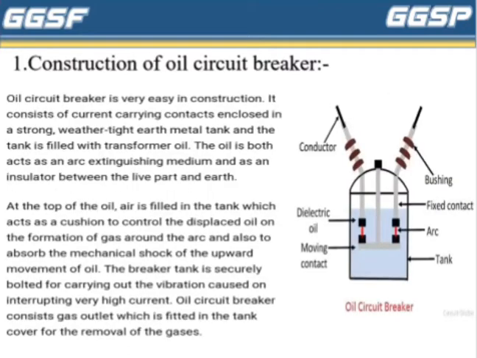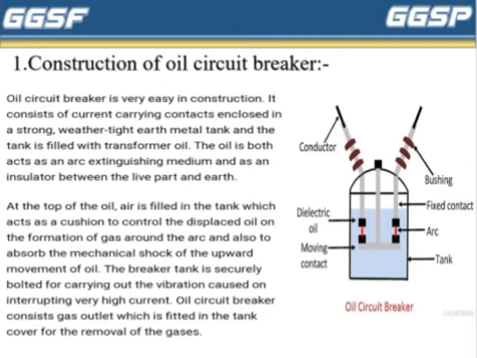Following is the construction of the oil circuit breaker. An oil circuit breaker is very easy in construction. It consists of current carrying contacts enclosed in a strong, weather tight earthed metal tank, and the tank is filled with transformer oil. The oil acts as both an arc extinguishing medium and as an insulator between the live part and the earth. At the top of the oil, air is filled in the tank, which acts as the cushion to control the